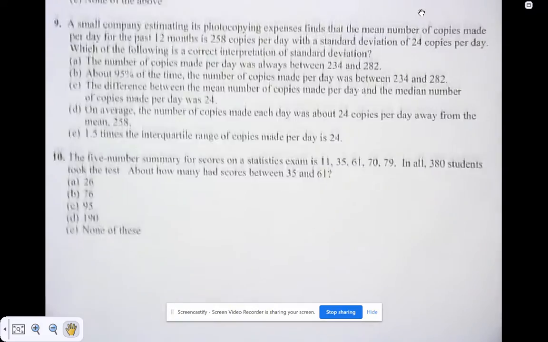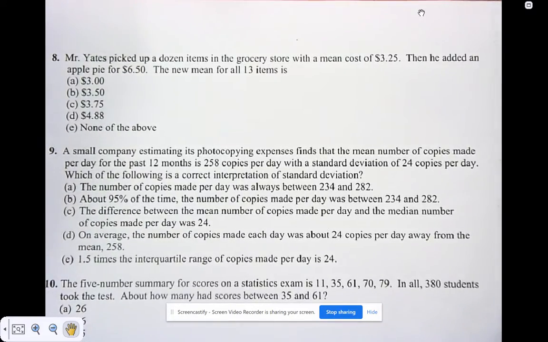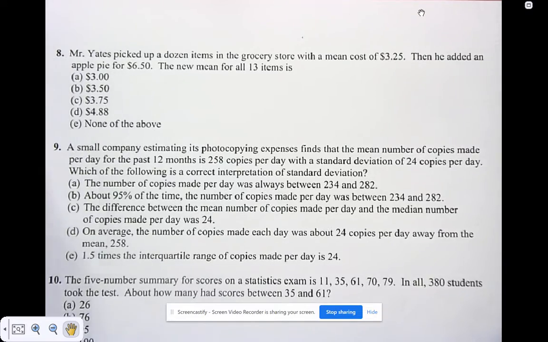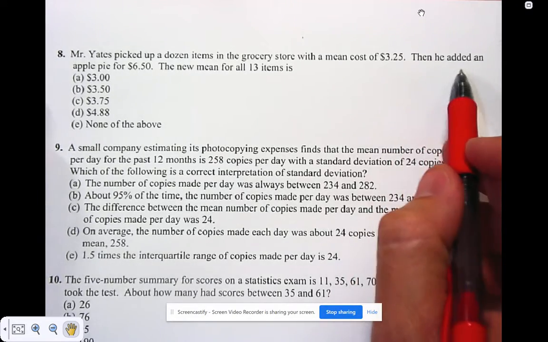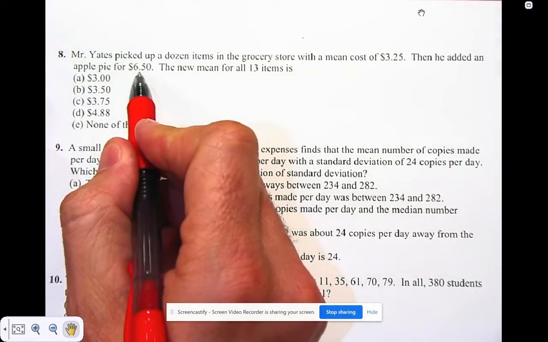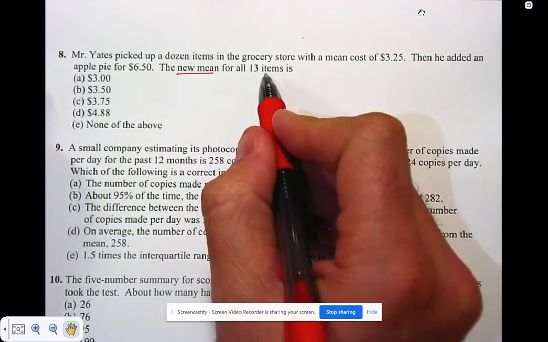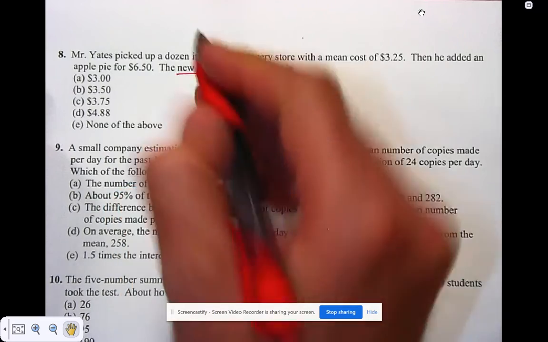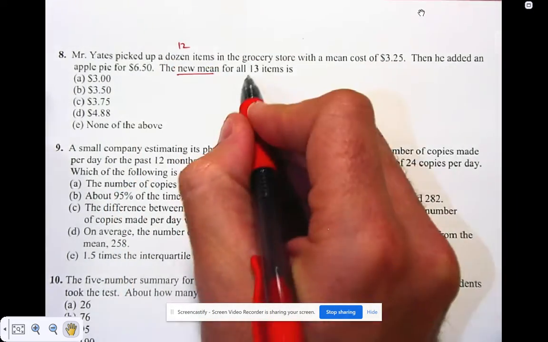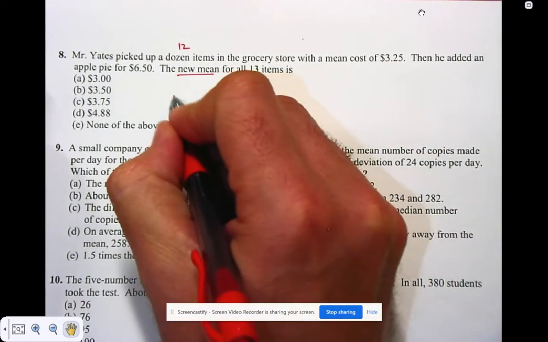All right, number 8. Mr. Yates picked up a dozen items at the grocery store with a mean cost of $3.25. Then he throws in an apple pie for $6.50. What is the new mean? Okay, well, before, you picked up a dozen, which is 12. And now we're going up to 13. And so your new mean